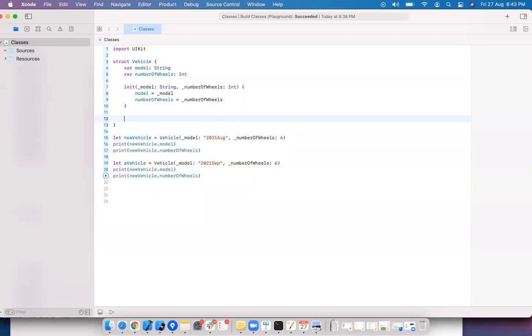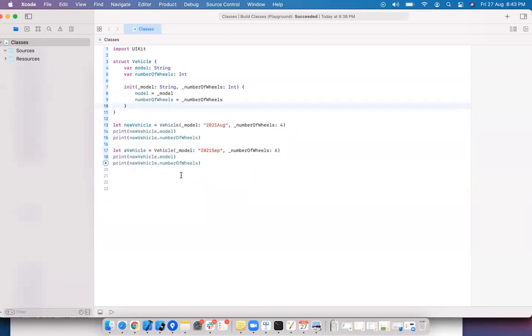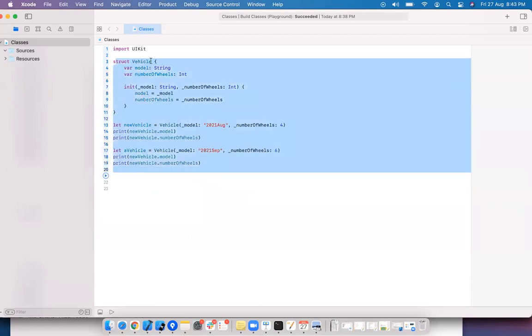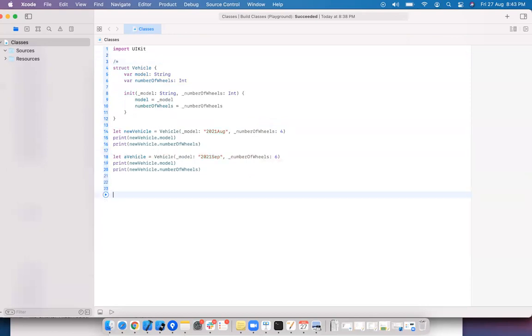That was structures, now we see classes. A class is also a similar way of creating a custom data type. Let me take here Person as my class name.